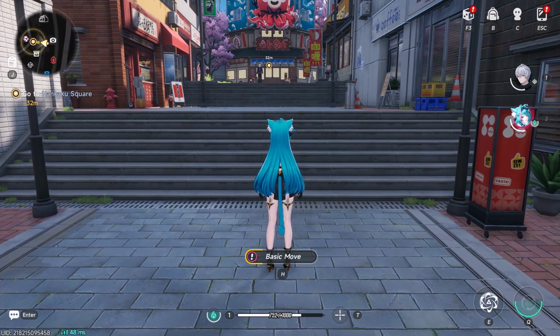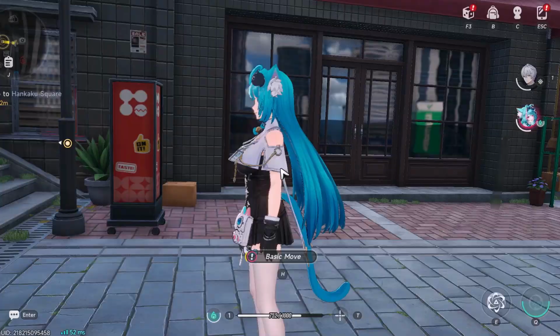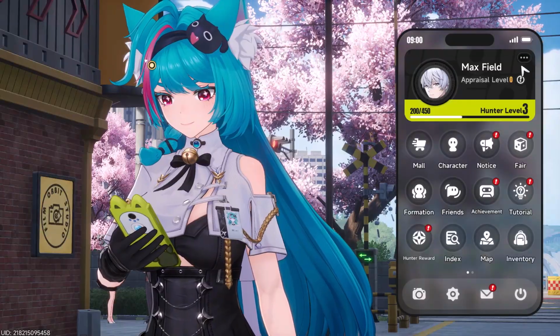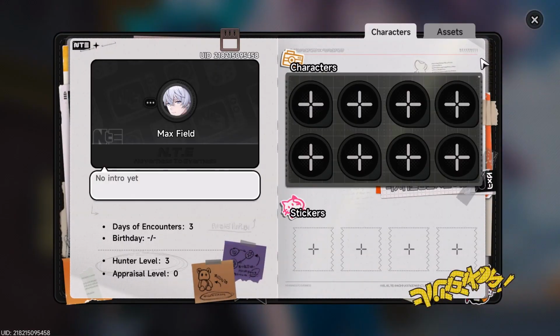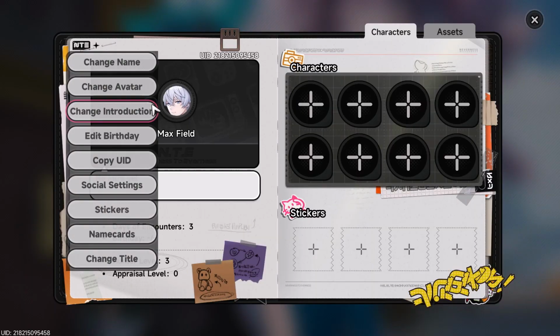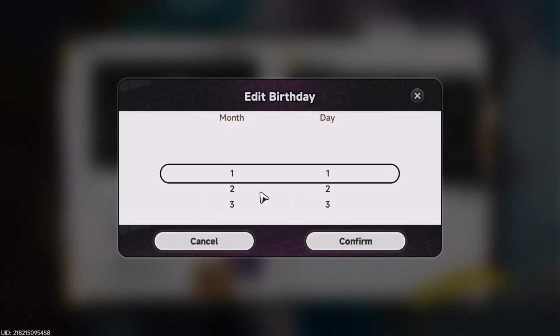So first of all, launch the game and then press the escape button to bring up the menu, and then click on this three dot next to the profile and then click on edit profile, and then again click on this three dot and here you can see edit birthday. So click on edit birthday and here you can change the month and here you can change the date,